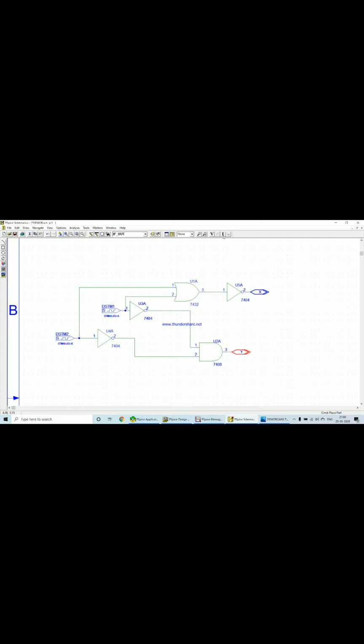Okay. Now there is one more setup which we need to do. This is the setup analysis. This is the transient setup which we are doing, which will allow me to see the waveform. So I am clicking on that box. By default, bias point detail will be clicked. So please uncheck that, and pick the transient. Enable the transient, and then click on transient.